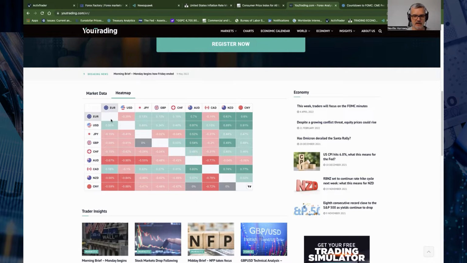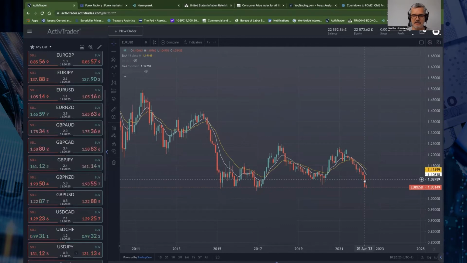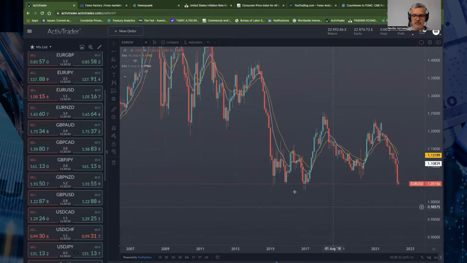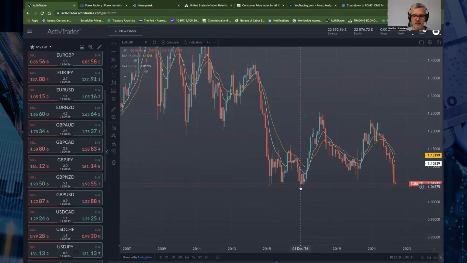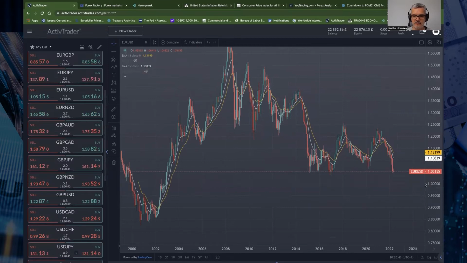The US dollar is the strongest currency, the Australian dollar is the weakest, and that comes on the back of Chinese data today. Going to the active trader platform, looking at the euro versus US dollar, we can see that it had a big monthly down turn in April. May is trying to break through the lows of April, and if we do, then we've got the swing low from the end of 2016 into 2017 still to contend with. If that goes, then parity is obviously the next level of support potentially, all the way down towards the 0.89, 0.9 zone down here where we've got this basing period from the early 2000s.